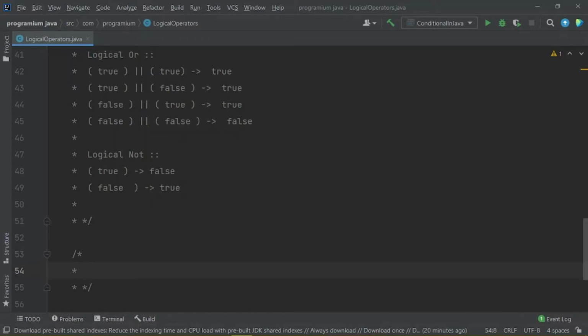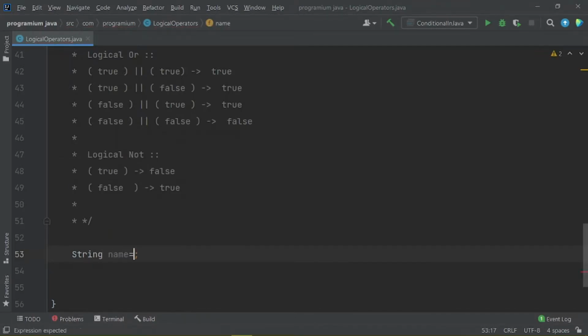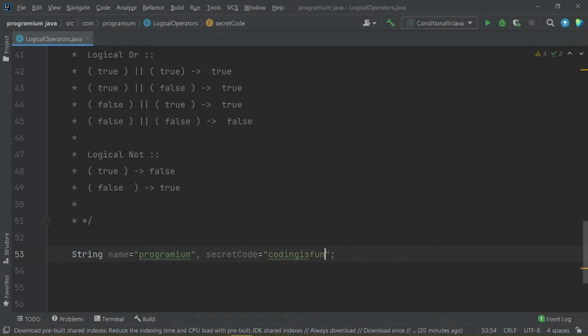So first we are going to create a string variable by the name of name, and let us assign a value of programmium, and the other variable is known as secretCode, and assign this a value of "coding is fun" without any space, but let us put spaces here.